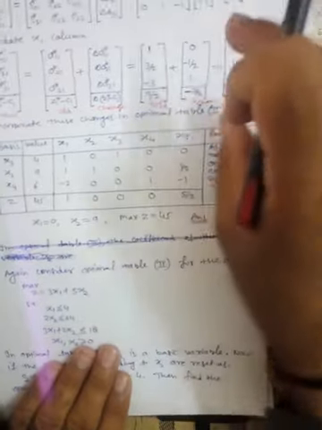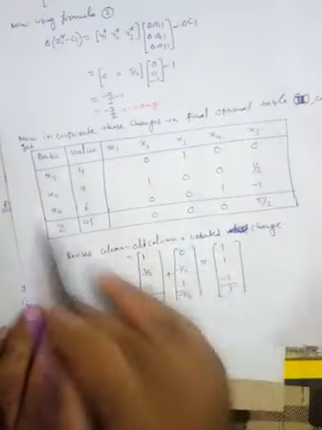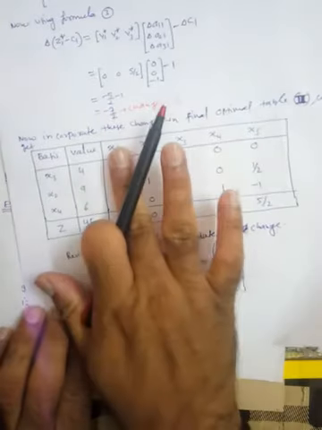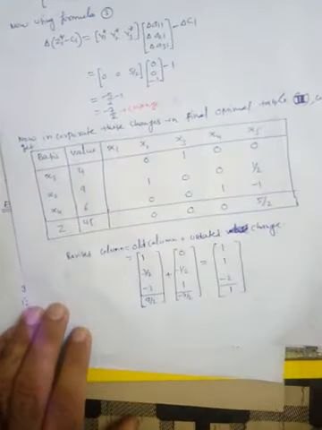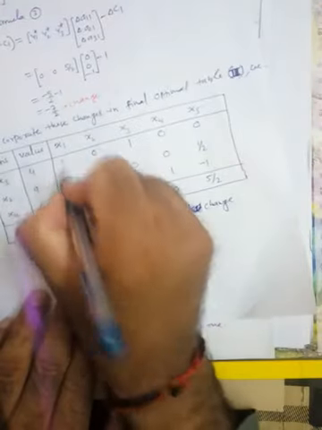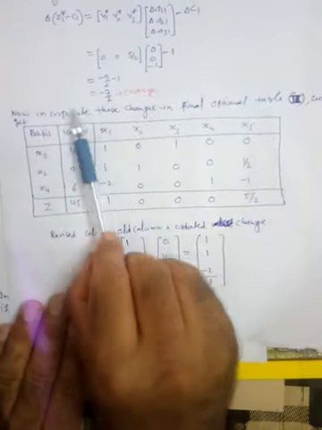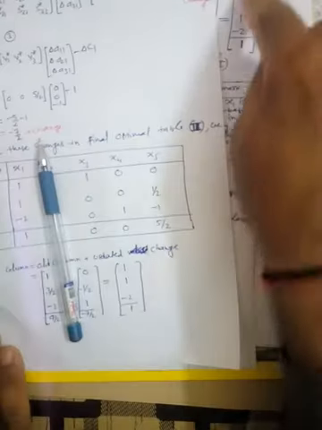Fine. Now substitute this in the table. So what is the table? You can see this is the optimum table number 2. Here we have copied this as it is, except this column. In place of this we should use this revised 1, 1, minus 2 and 1. Remaining are the same except this column. This column is changed with this column.